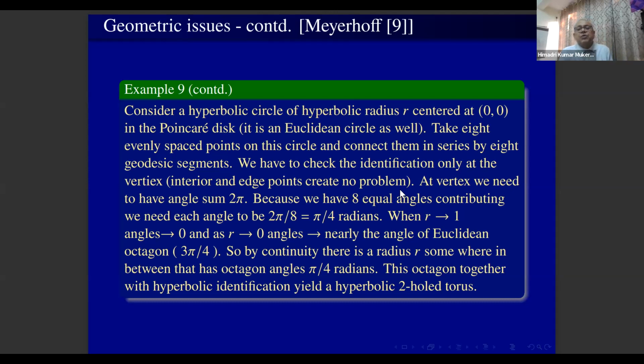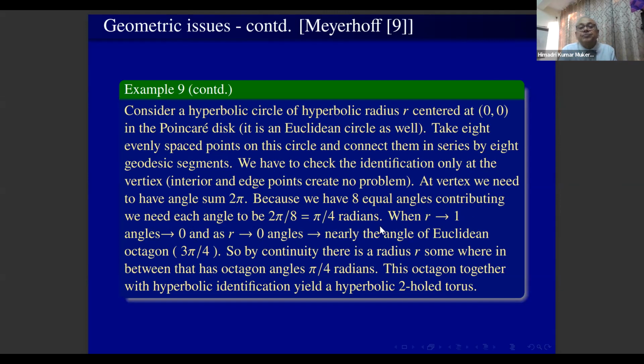That is, when you identify two edges, the interior points and edge points will not create problem, because they will be either a full disk or a semi disk. At the vertex we need to have angle sum 2 pi, only then it will fit in a plane. Because we have 8 equal angles contributing,